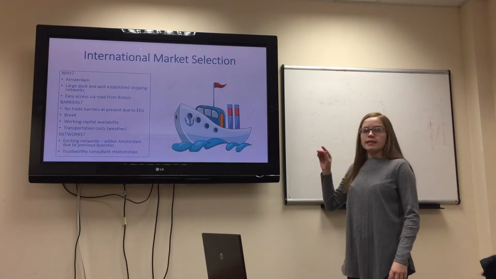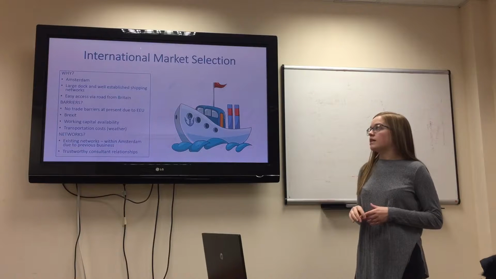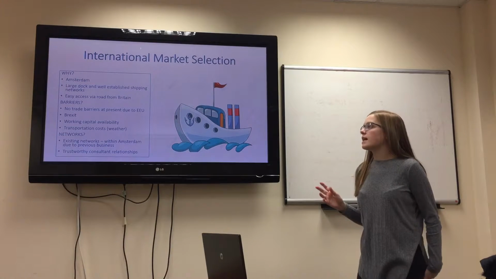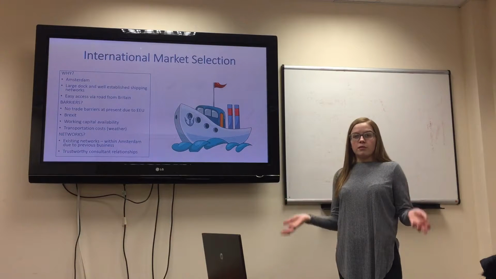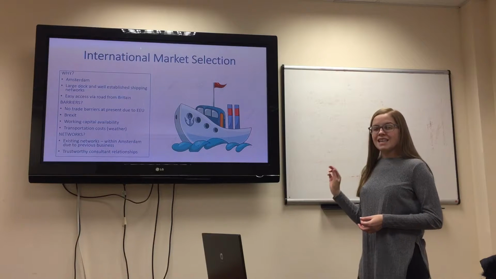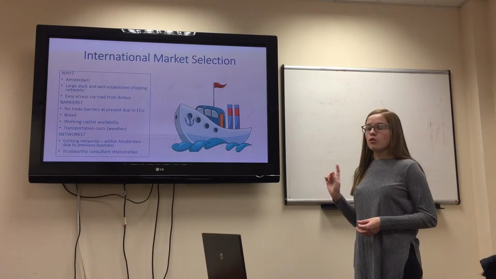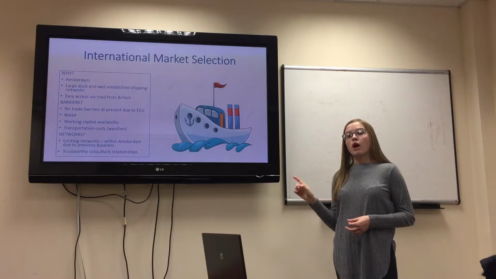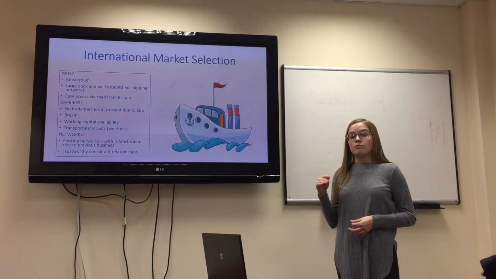When we were looking at a market for PV Solar UK to utilise in terms of internationalisation, I chose Amsterdam. The reason for this is PV Solar are looking to grow in terms of inward internationalisation and reduce their importation costs. Amsterdam is an ideal place for this because of the large docks and the well-established shipping networks that are already there. There's also easy access for trucks from Britain to enter into these areas of Europe, which makes the transportation